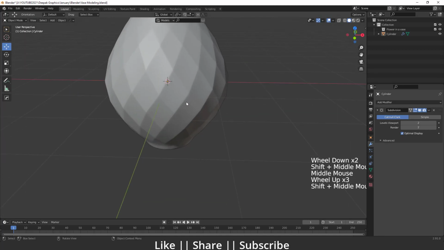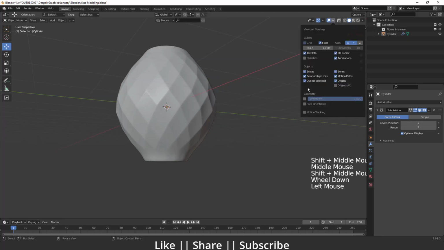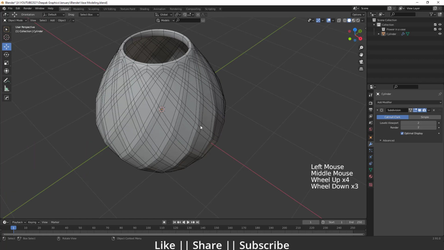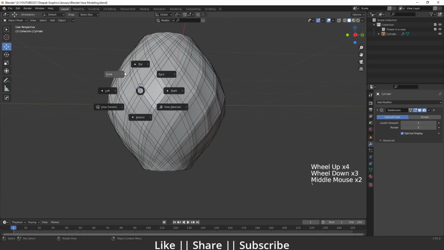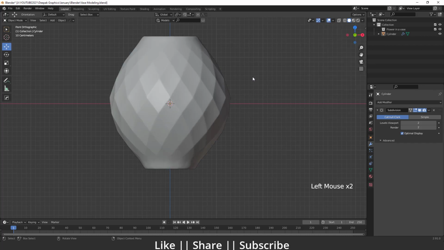So here you can see guys, our modeling part is done, and that looks great to me. Here you can see we have a good topology here as well. Here you can see we maintained all the topology, and we have a good quad topology here, and that looks great also. And if you want to make any changes, you can. Okay, and we have a good sharp shape here as well.